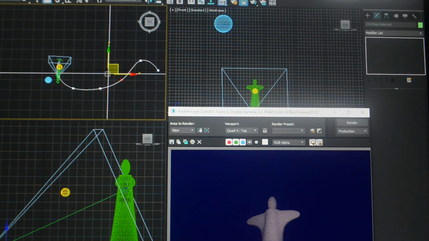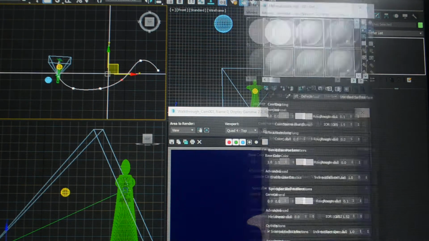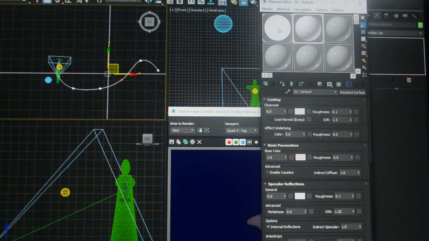Okay, I've set up a scene here, not unlike what you all are doing in your project for this class. I've got a character that I created right here, just very quickly polygon modeled, put on a path. There's a plane under her, and then in the sky is this big moon. And for materials, I made the moon,